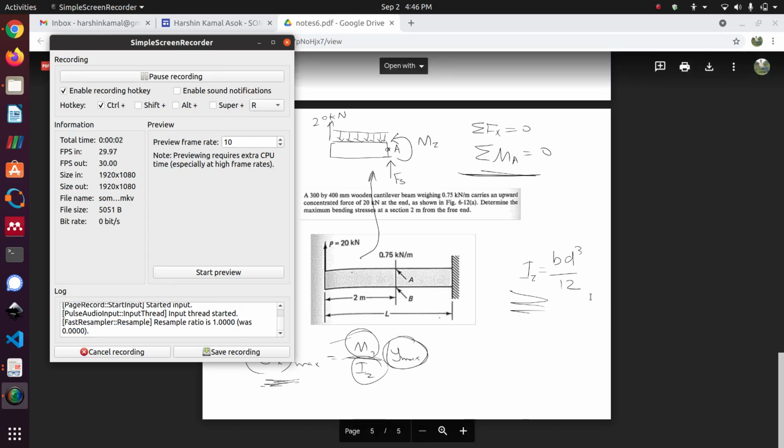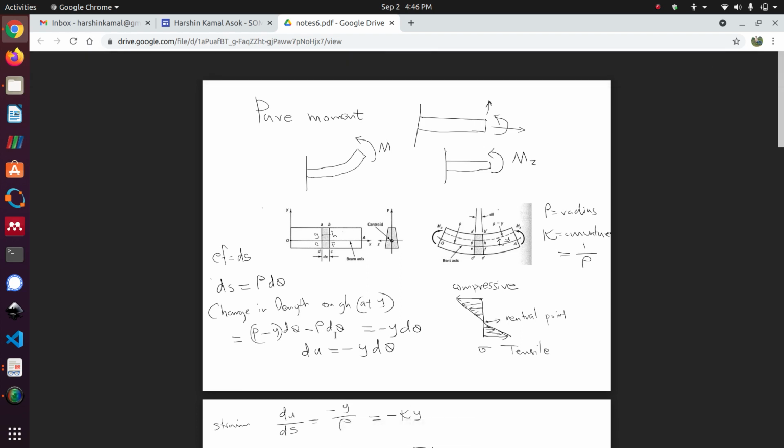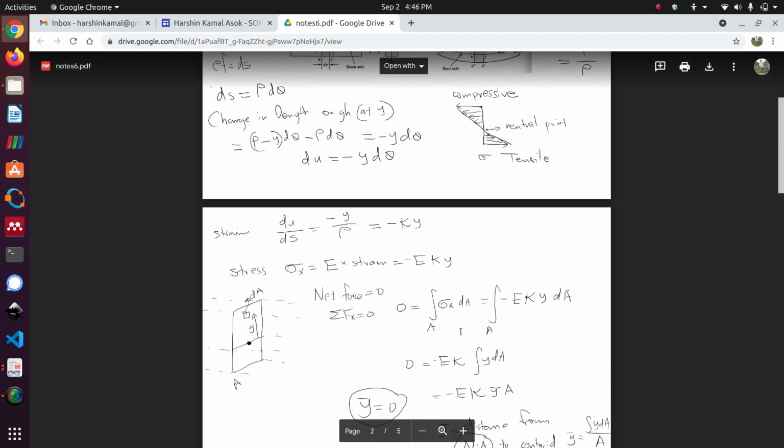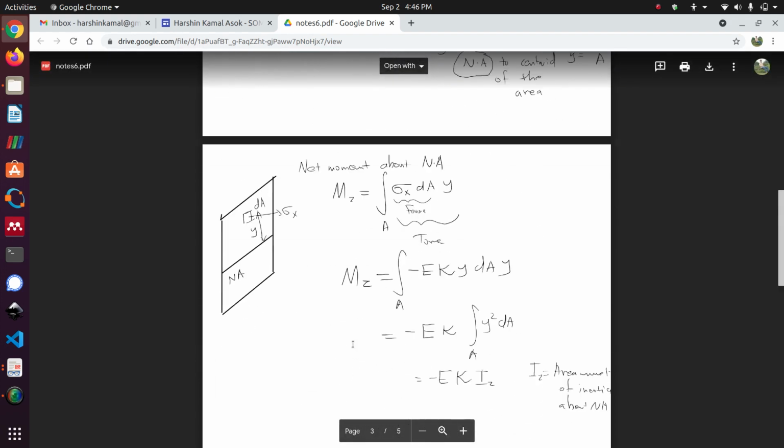So in the last class we talked about bending stresses, and we derived a formula to calculate bending stress at different points in a beam if a particular value of moment is applied on that section. And I hope you remember this derivation,